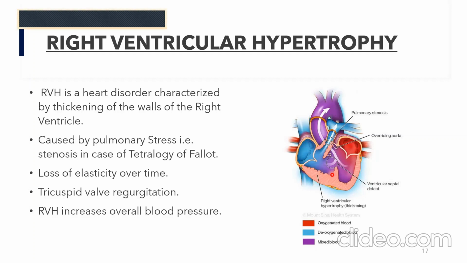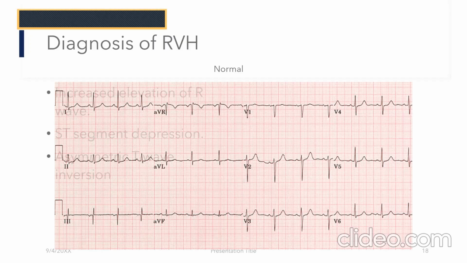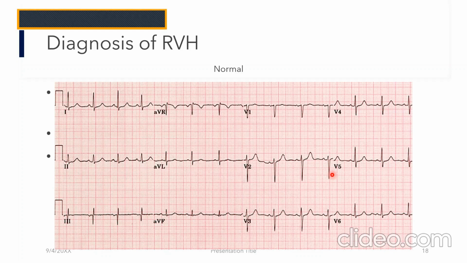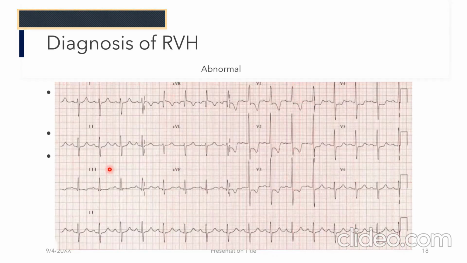We'll be looking at how to diagnose right ventricular hypertrophy as well. It can be easily diagnosed using ECG as well as radiology. The X-ray part of it will be explained later. I'll be completing the ECG here. As you can see, in the normal ECG, in lead 2, the PQRST waves are clearly predefined. Whereas in the case of right ventricular